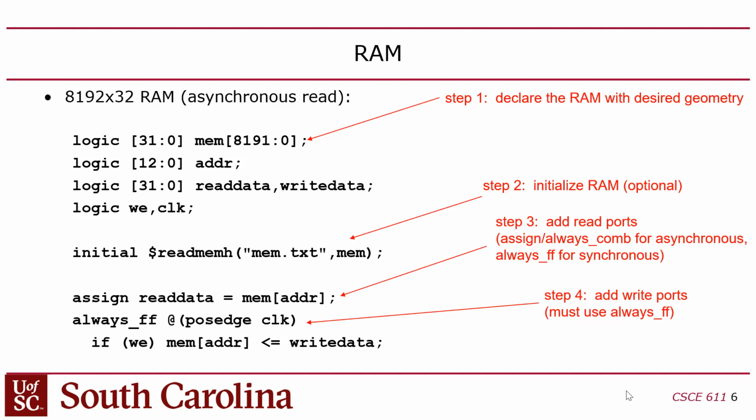So here's an example. First I'm going to declare my RAM array using this really strange way of doing it, where it's still a type logic, and you still put the width first, as you would if you just had a regular multi-bit signal. So this is declaring a 32-bit wide RAM array, right? But then you add an additional set of indexes here at the end that define the depth. In this case, 8191:0 means that there's 8K entries, 8,192 entries, and each entry is 32 bits.